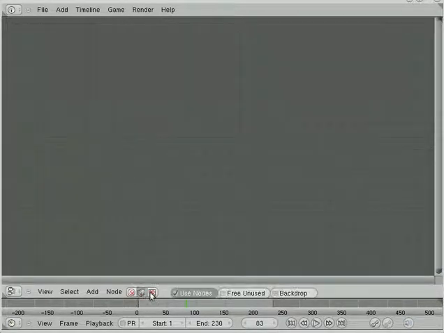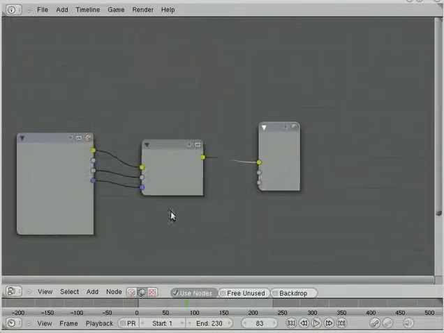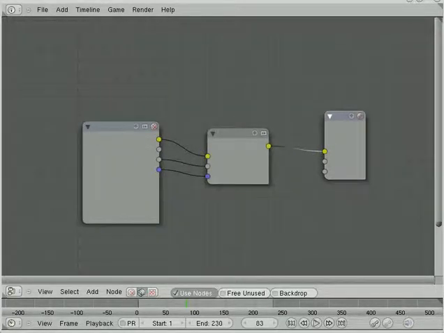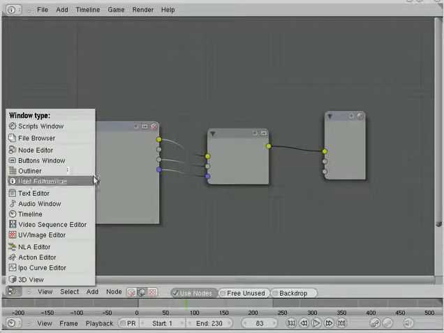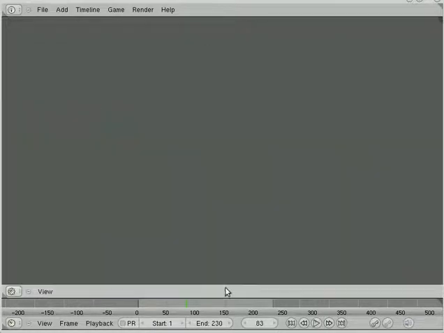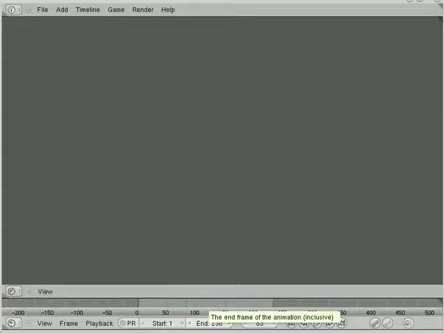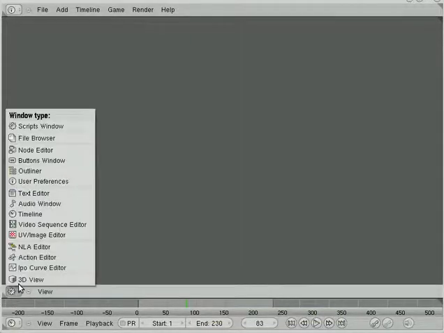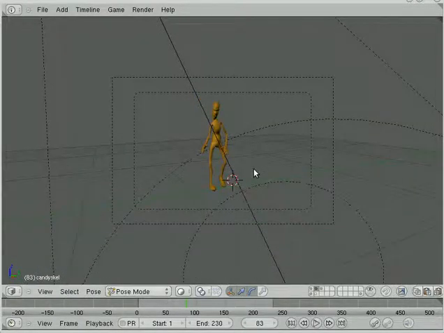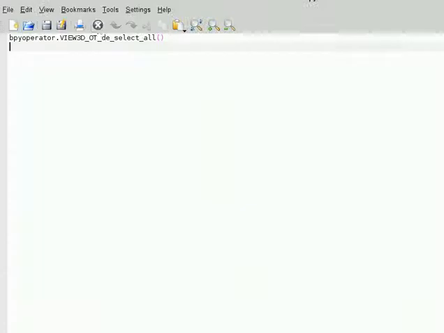We've got basic nodes, but since I've not got any nodes here, we've got basic drawing of nodes, no translation yet, anything like that. We do have a script window, so where's a script? So all the operators in Blender are available from Python at the moment. So using this little script here, a simple one line, bpy operator view 3D OT select all, deselect